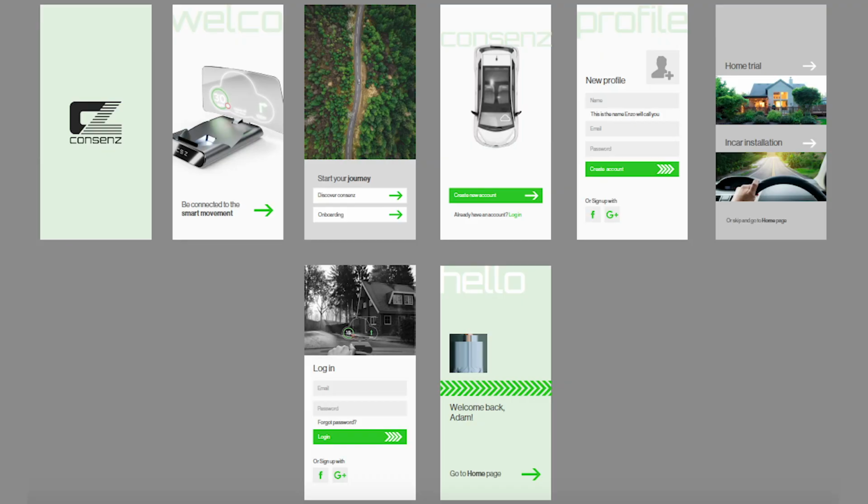We have the first screens of the onboarding process, and we are going to continue with this for all the other